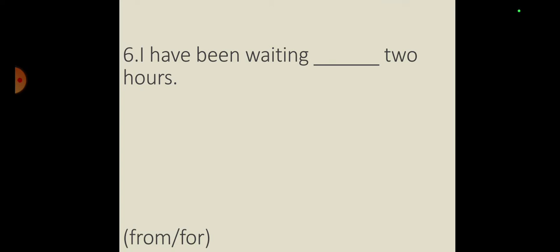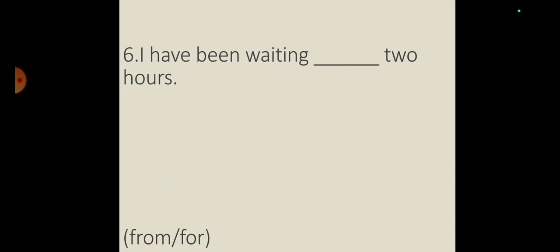I have been waiting dash 2 hours. From or for? Definitely it should be for, क्योंकि you must know that in all the perfect continuous tenses, whether they are present, past or future, there are two sorts of prepositions used for telling the time. एक होता है since और एक है for, right? So there is only one option left here, that is for. So we have to use here for. For tenses के according unfixed time के लिए होता है viewers, और since जो है fixed time के लिए होता है. This will be told by me and I will explain it in detail whenever we will be doing the tenses.